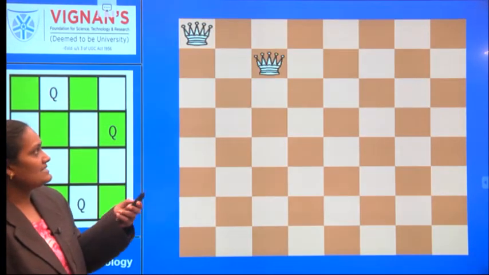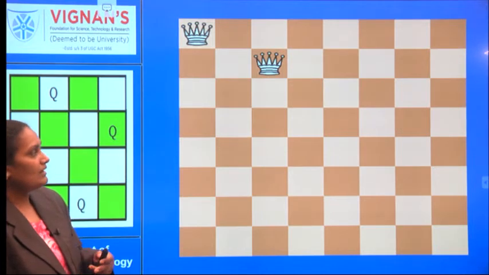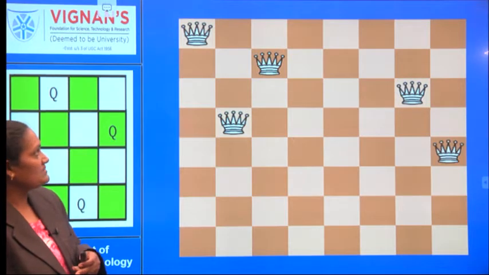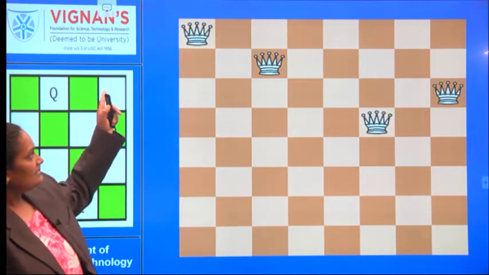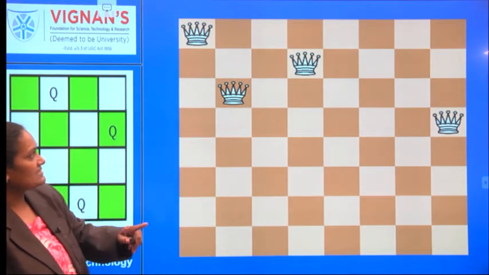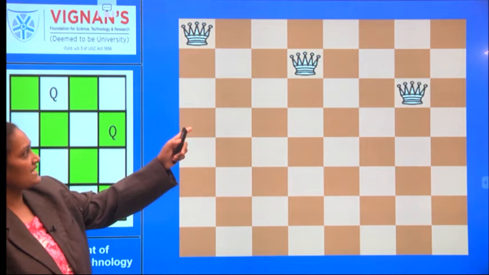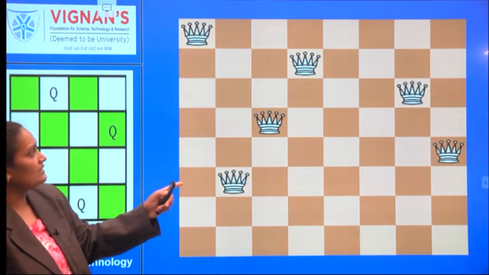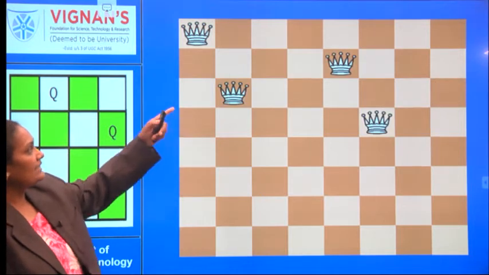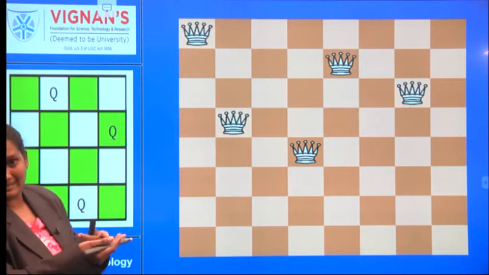Now here, let us see the 8-Queen's problem and how backtracking is done in solving it. You can observe that the first queen is placed, the second queen is placed, the third queen is placed, and after that it is removed. Again it rearranges the position of the second queen, third queen and fourth queen. Again it goes for rearranging the fourth queen, the third queen, and again the second queen. That is, it is checking for the alternatives.